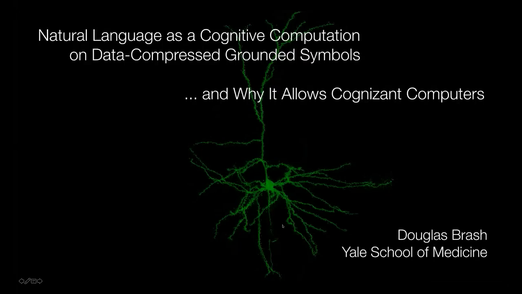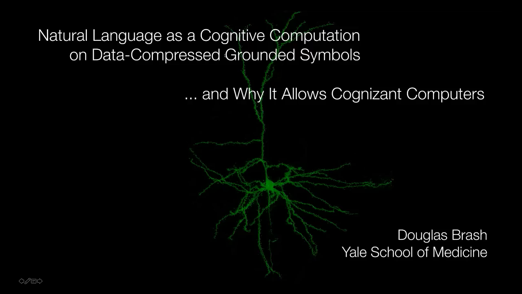Okay. All right. So what I'm going to be talking about is what natural language is: I think a cognitive computation rather than, say, a purely linguistic one, which is probably why it's relevant to you guys. Everybody, I think, would agree that it has to do with symbols, although in linguistics you could find somebody who will argue about anything, including whether we have internal representations at all.